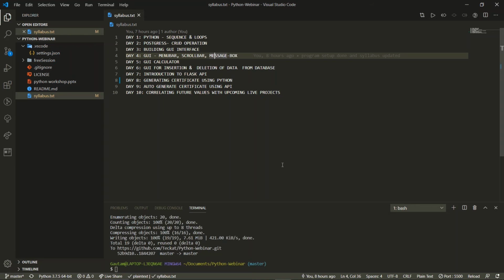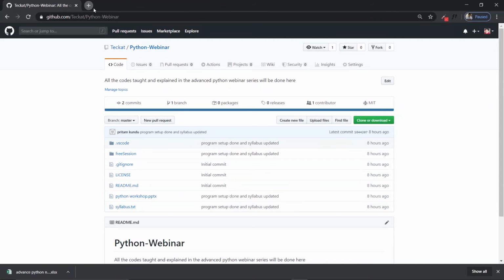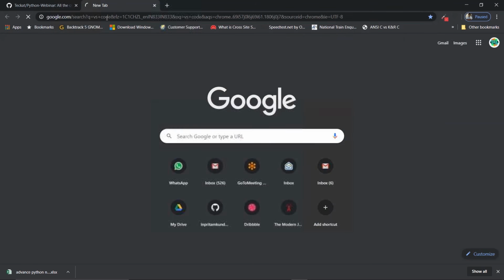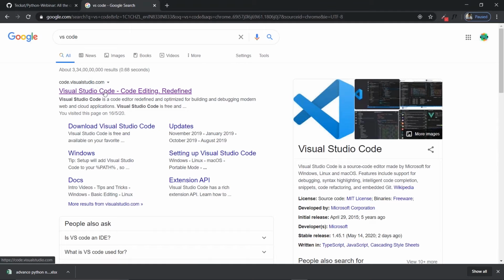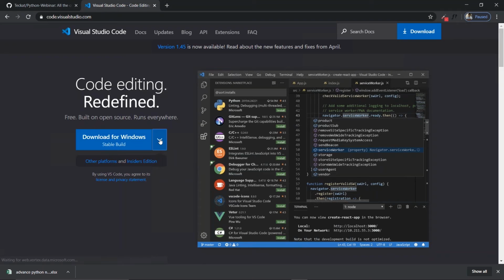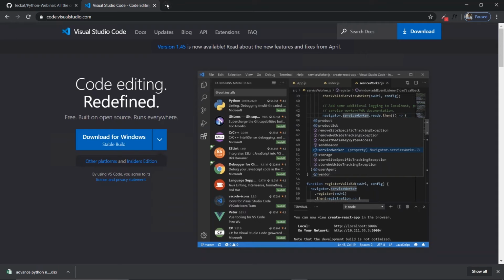First of all, guys, I had mailed you with the requirements, that is VS Code. I believe everyone has installed VS Code in the system. And there are certain other requirements. Let me tell you. Let me move to this. You will have to install these things. You need to have VS Code in your system. If you are using Windows, then install the Windows version. If you are using Linux, then Linux, and Mac, then Mac. These are the packages.